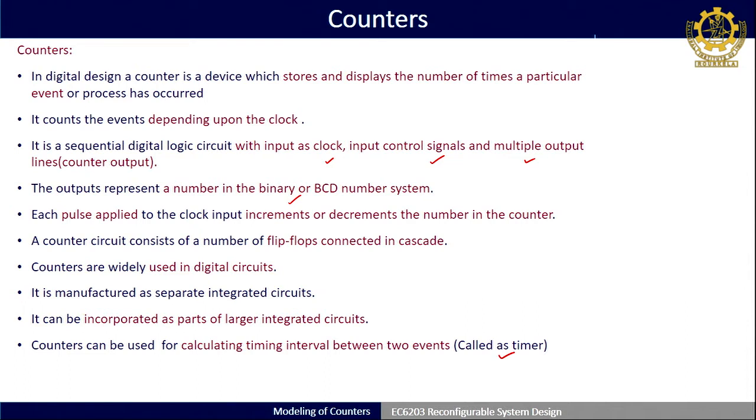But when it is a counter, it is just counting the number of counts, like 1, 2, 3.